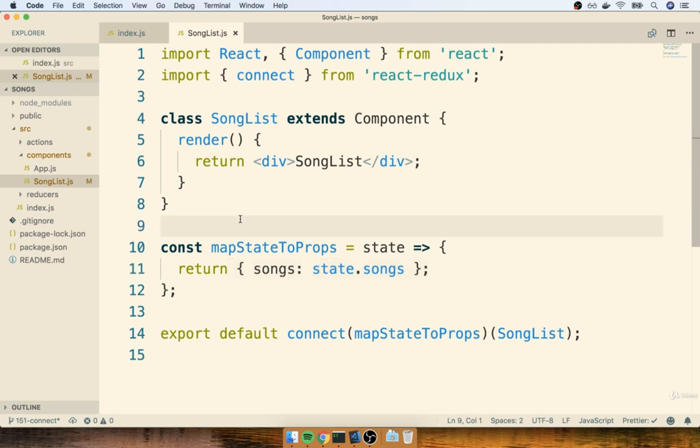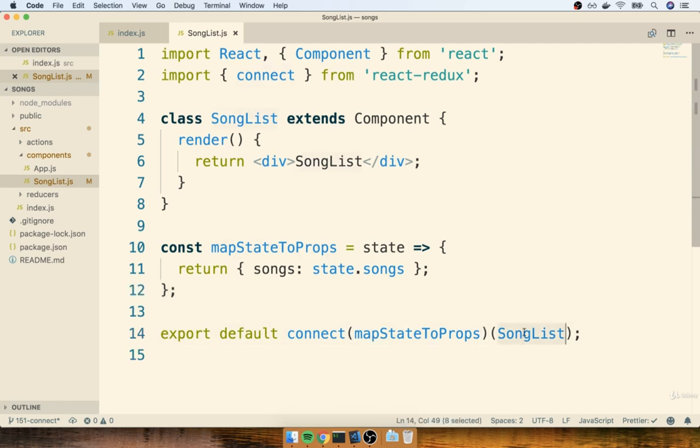Now, if any of that seemed mysterious, or if you missed anything in there, just do a quick replay of those last 15 seconds. Because that entire flow that I just mentioned is going to be repeated a billion times on every single React project that you ever work on. It's always going to be the same code that you see inside of here over and over and over again. Always import connect, always the component, always map state to props, and then always export default connect your component right there.